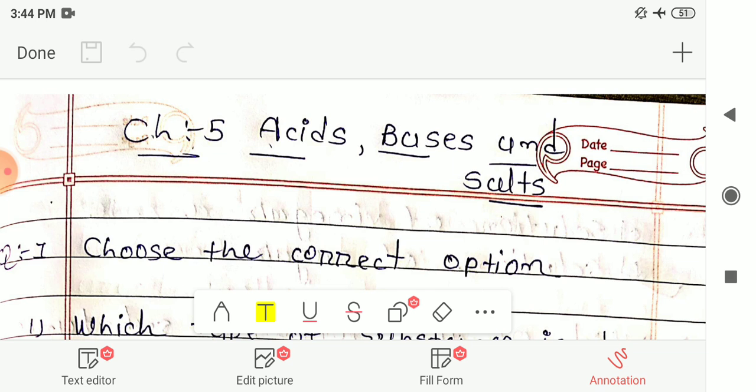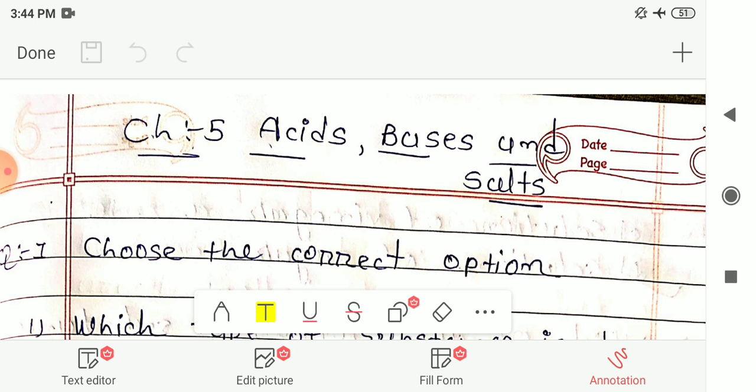Then we had seen the examples of bases: baking soda, washing soda, soap, lime, slaked lime, sodium hydroxide, or you can also say caustic soda, are basic substances and they feel soapy to touch. Then we had seen about the indicators. Turmeric, litmus and petals of China rose or hibiscus, etc. are natural indicators. Other than that, phenolphthalein and methyl orange are also indicators, but these are chemical indicators.